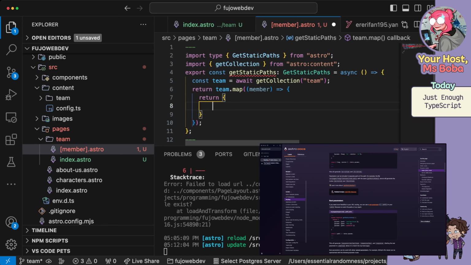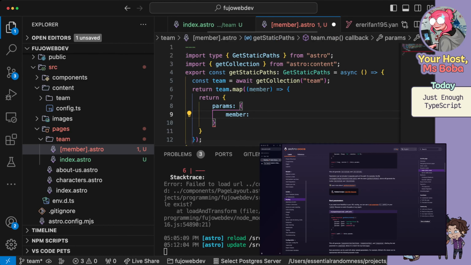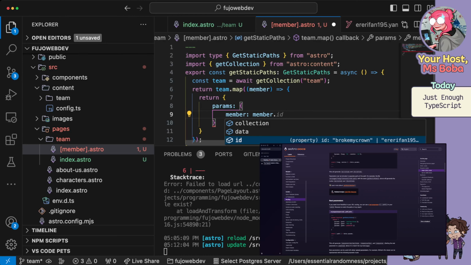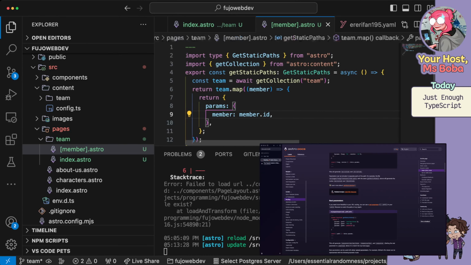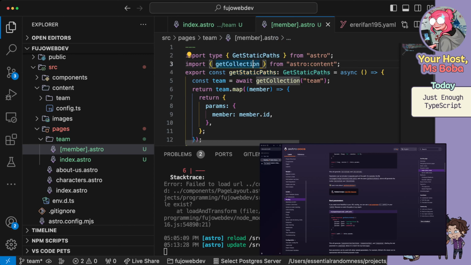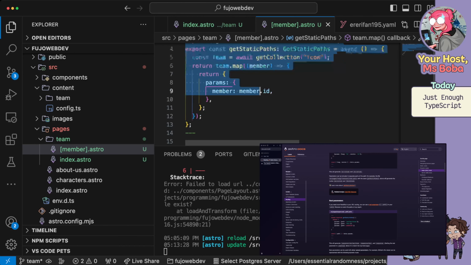and that param is going to be member, because it's what we wrote here in the page on top. The value of member is going to be member.id, which is the name of the file basically. And so what we've done is that when Astro goes to run this page,